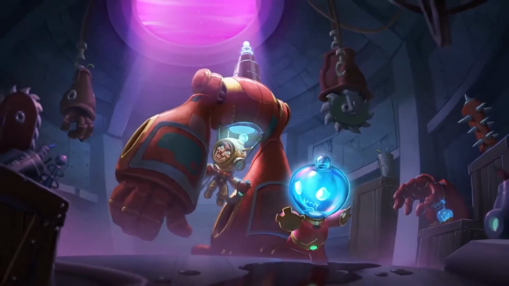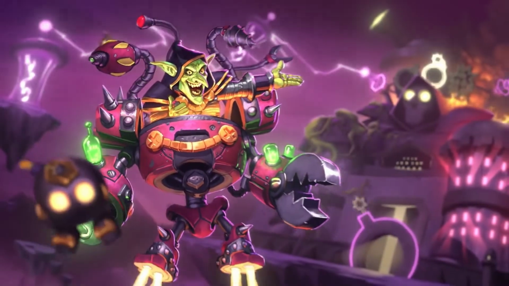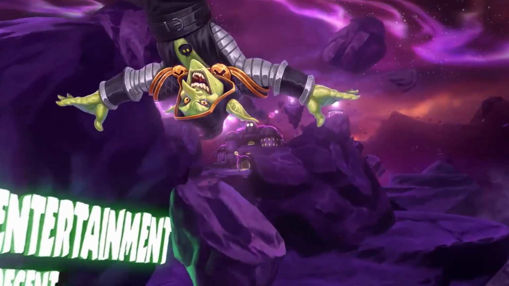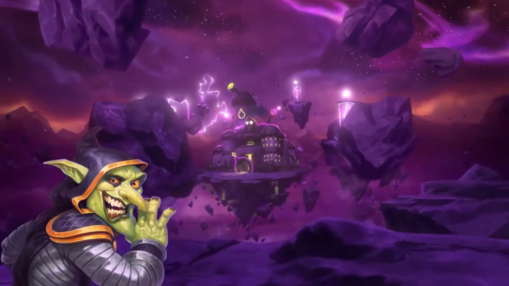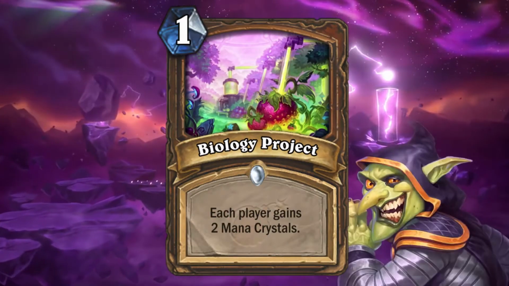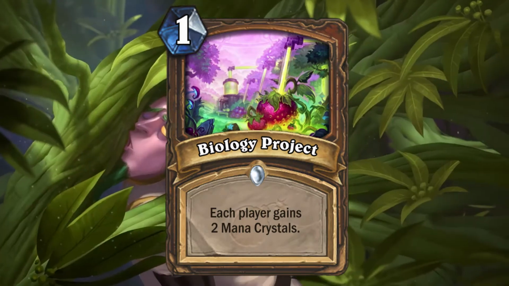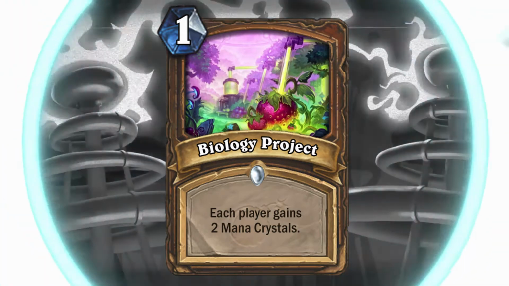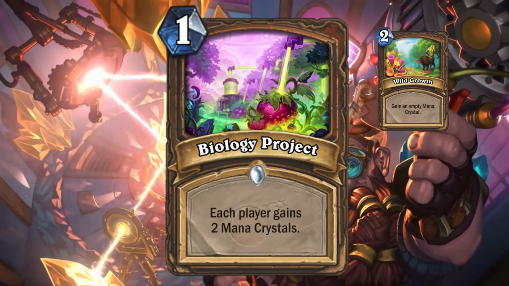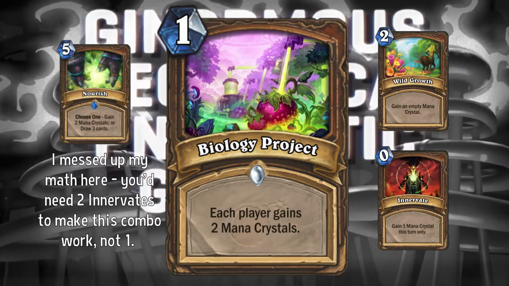They're also introducing some Project cards, which are not unreasonably powerful, but they are quite powerful given other cards that exist in the game. But they help both you and your opponent. The one they gave us in this example was Biology Project, where each player gets 2 mana crystals. Bearing in mind that it gets 2 full mana crystals, not 2 empty mana crystals. So if you're going turn 1, you can Biology Project into Wild Growth, or if you're going second, I imagine you could do something like Biology Project, Coin, Innervate, Nourish,